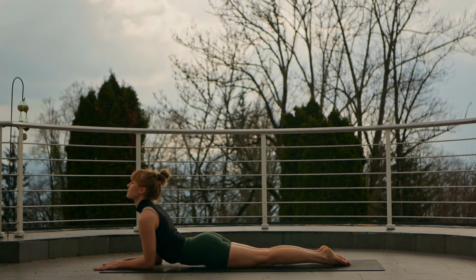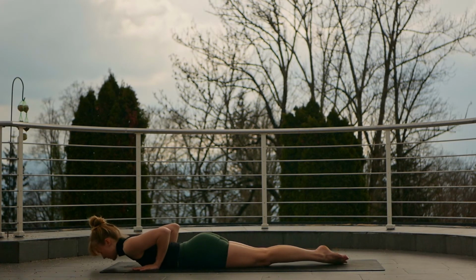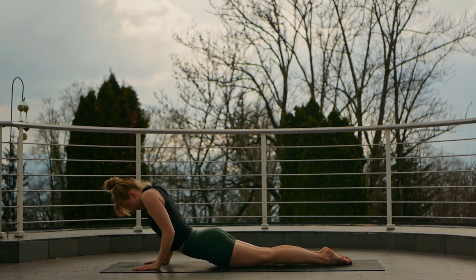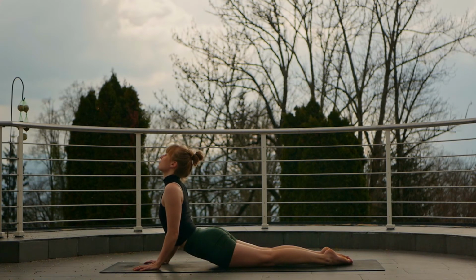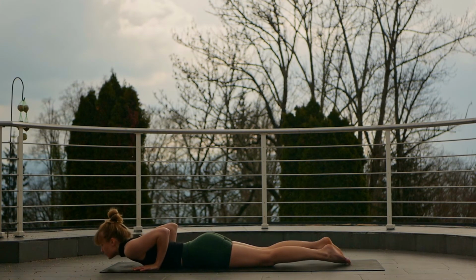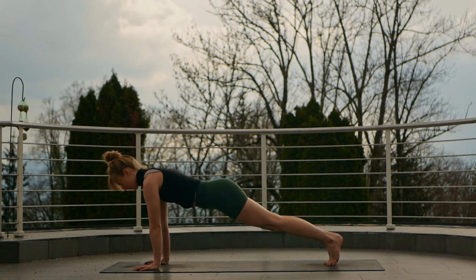Bring the elbows under the shoulders, forearms to the mat. Exhale down and inhale for a little cobra here. Lifting that chest, lifting the heart forward, taking the bend out of that lower back as much as you can. Exhale down, and then on the next inhale, with the knees on the mat or without, press up to your